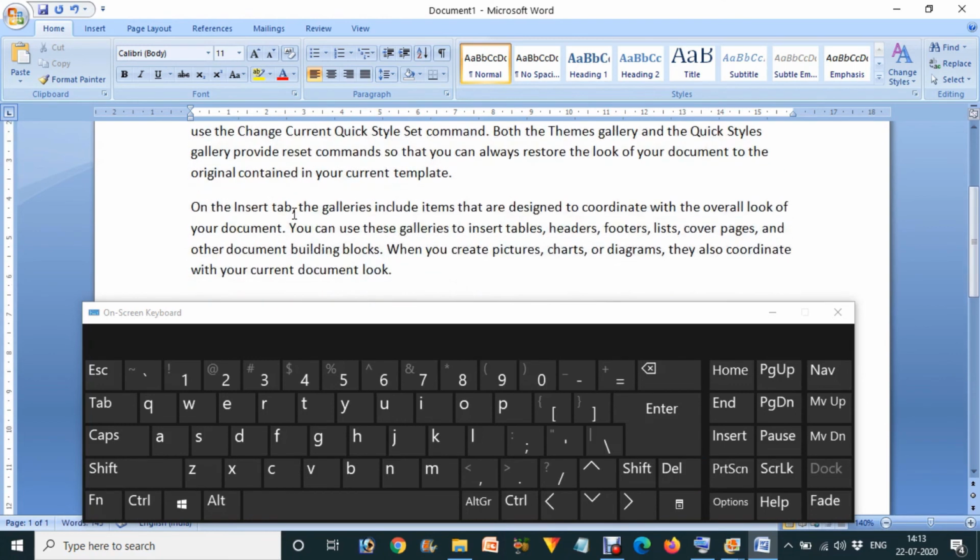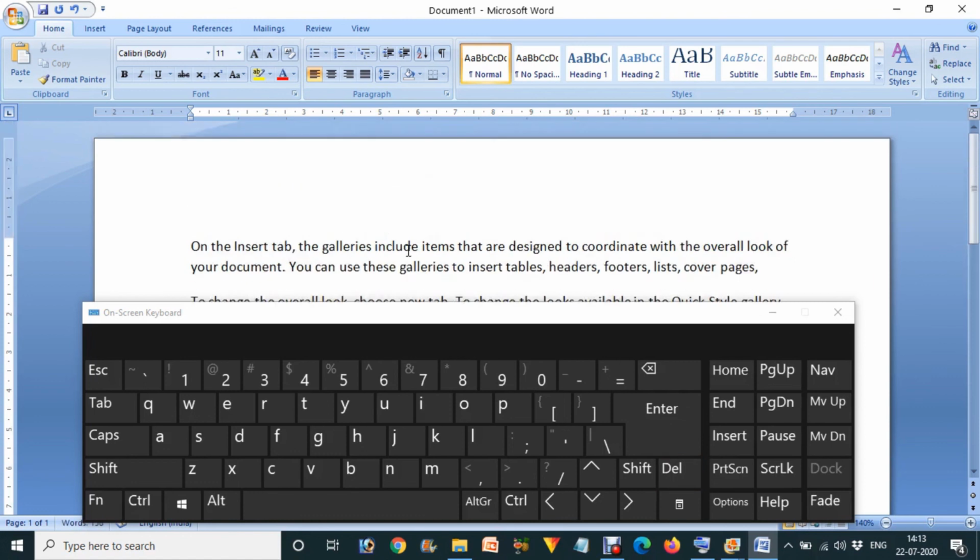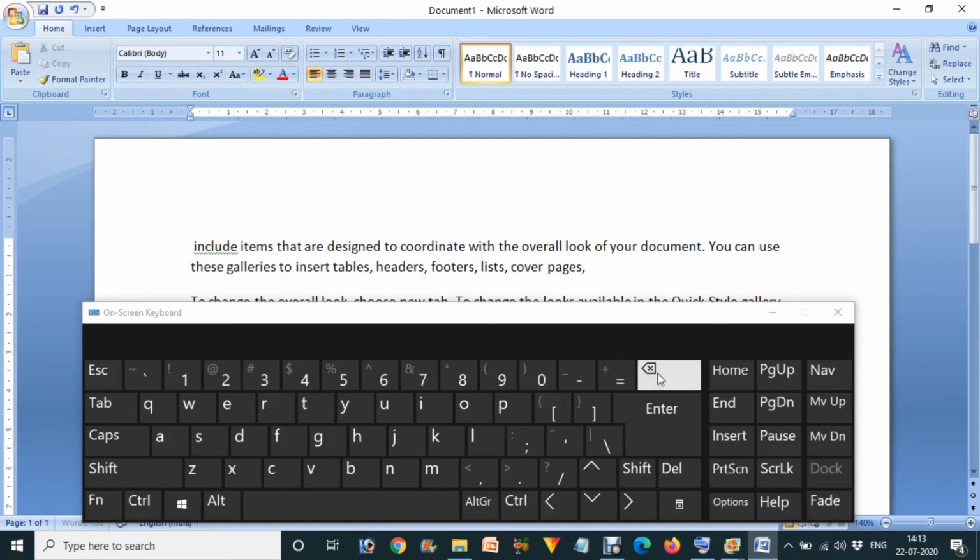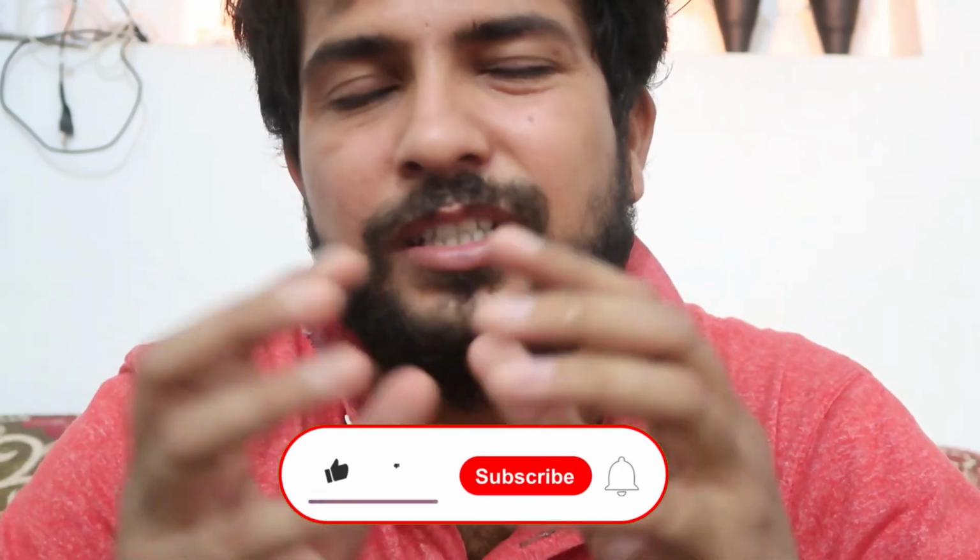Many times it happens that we want to delete the whole line after this word. Then we just press the delete key and keep pressing it, and it will delete automatically. And if you want to delete the front side of the line till over here, we just press the backspace key and keep pressing it. We don't have to press it again and again. You don't have to do it like this. Hope you understand how you can do these things.